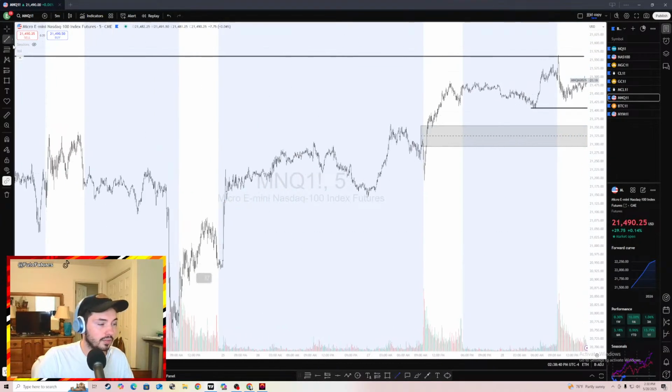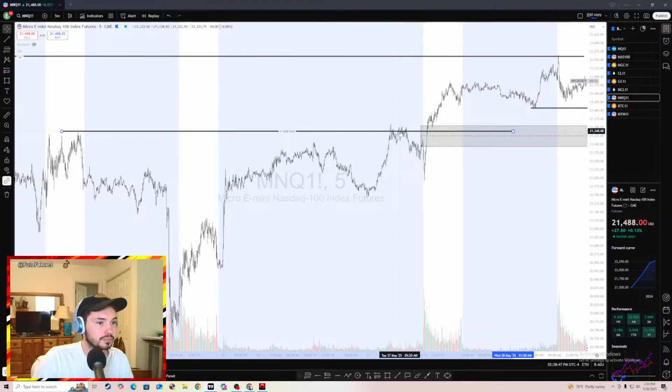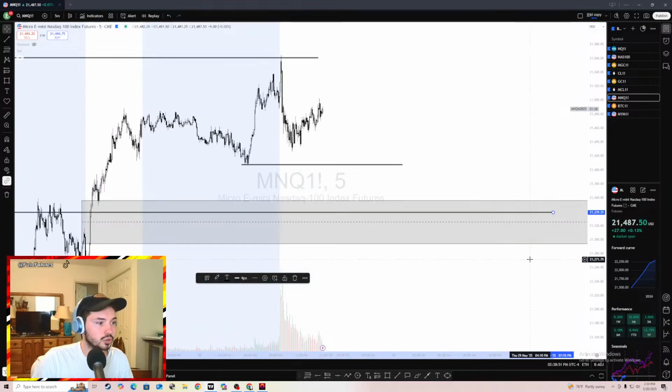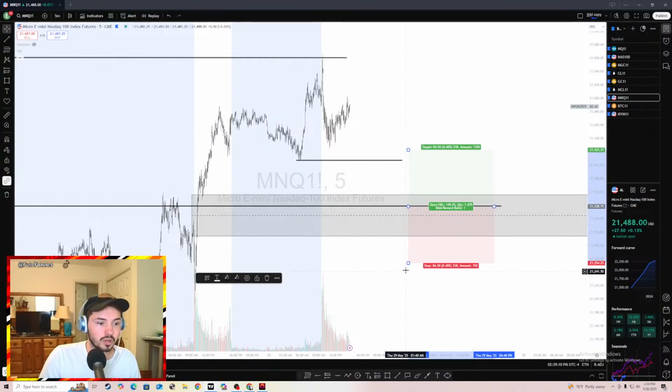Now let's look at where support and resistance would be on this discounted area right here. Well, now we have a clear idea of where support and resistance could potentially be. We could see it roughly around this area right here, right? And now you're looking for the best potential trade to play off of support and resistance, and it would be at this line right here. So a good area where we could take a trade would be below this line, where we expect there to be a discount for buyers. The best area I would expect to take a long trade here, so a trade going to the top side, would be down here, okay?